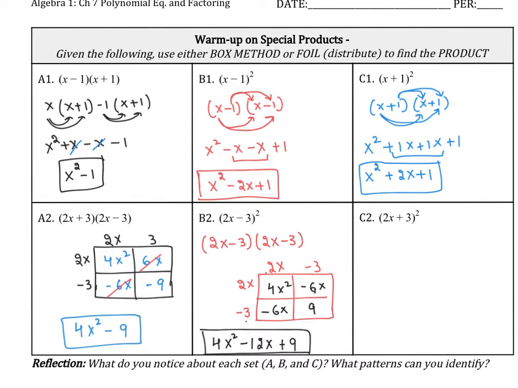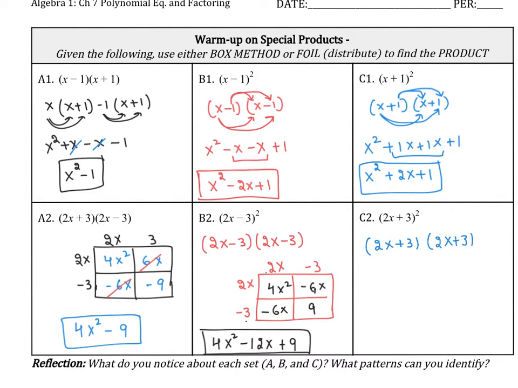One thing you may notice is that all of them are special types. Here you have the same factor with opposite signs: x minus 1, x plus 1. Here you have the same exact factor multiplied by itself 2 times. Here we have the same factor, one with the plus sign and one with the negative sign. Whenever you have the same factor, one with the plus and one with the negative sign, the x term is missing. Now I'm going to do the last one with the FOIL method,